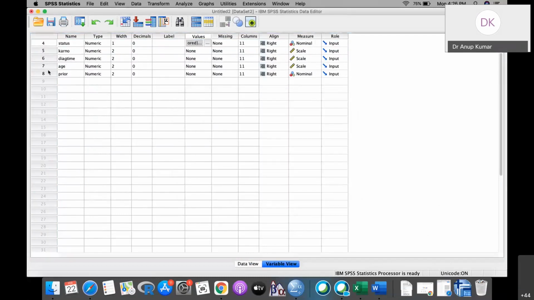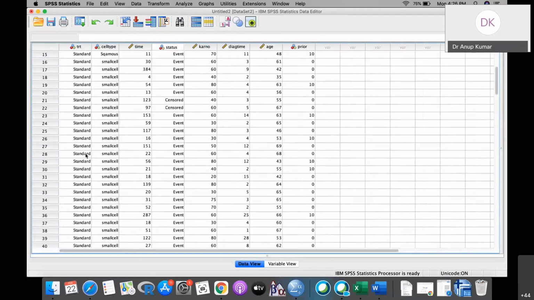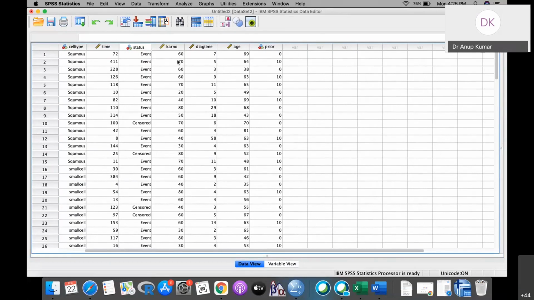Okay, now if you see the data, event and censored, now you can see. What is the meaning of this? After 72 weeks, that particular patient might have died or the event of interest has occurred, but this patient, after 100 days, is censored. What happened to him? There is no information. So every duration variable must be supplemented with the status of that duration. This is very important.